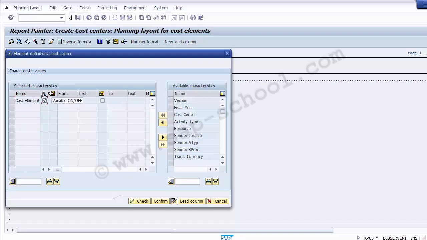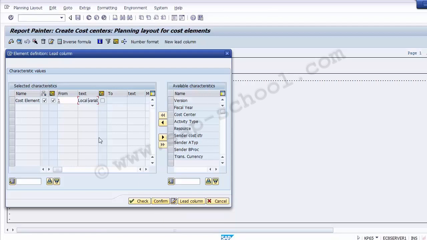Second, you need to go to variable on and off. So we need to select the variable over here. Once we have selected the variable, now you will find that from the list of options, there is one option which has been taken. So that is what you need to take over here. So once you have selected cost element from the right to left, and then you have selected the hierarchy over here, and then the variable on off, and then from one will be there, that is the local variable. And now we can move to